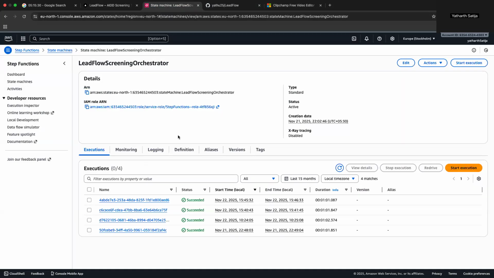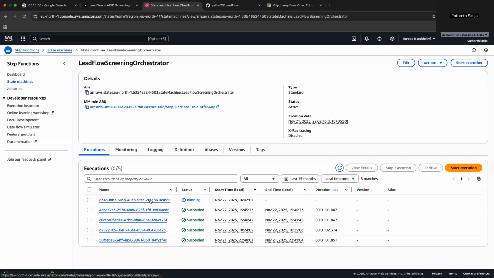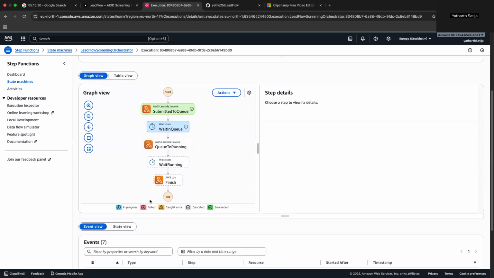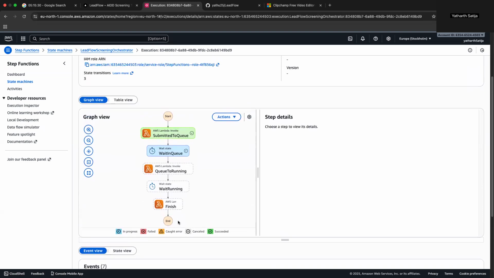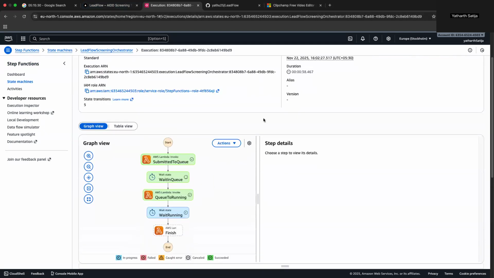We can see that there must be a state machine execution which must be triggered. So one of the state machine executions is triggered for the request, and we can see this is the flow. I have made a mock pipeline here, but actually this would not be a wait state. This would actually be the processing which would be taking place, and step functions would be executing that processing